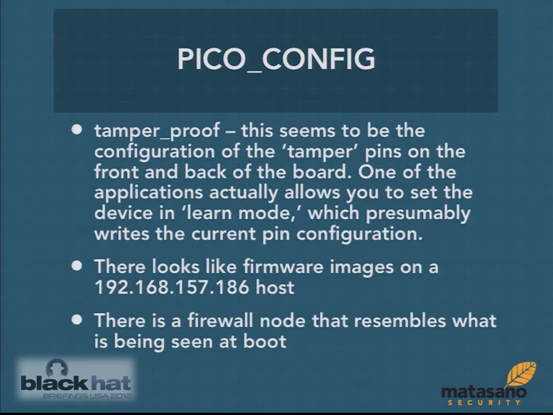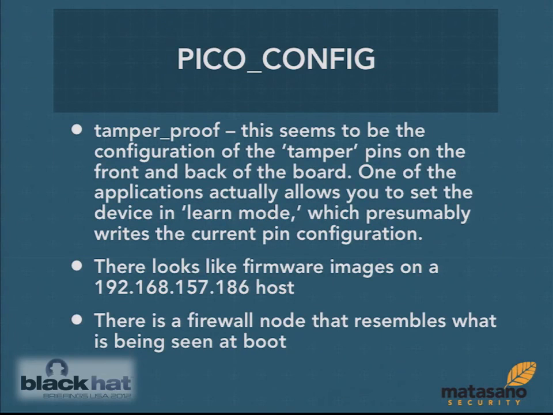So on kind of a side note, within that memory address layout, there was also something defined as picoconfig, which had basically a configuration that could be read from the bootloader with a few things of interest in there. One was tamper-proof, which was a binary representation of the plugs on the front and the back of the board. So presumably I can pull those out, overwrite tamper-proof to all zeros, and the device should still work. I'm not sure if it's random for each new device or what, but there's also the ability to put it in a learn mode, and again, it would presumably learn what the pin